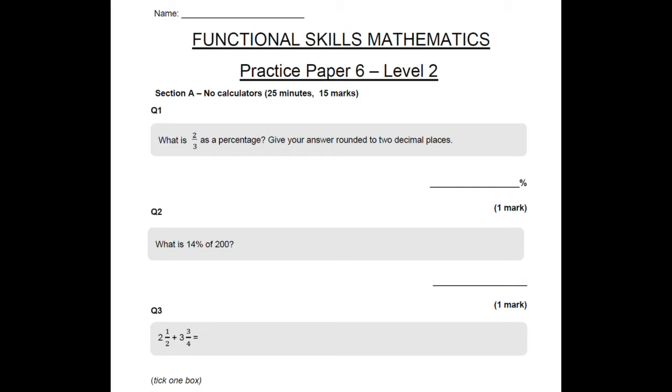Let's start with question 1. What is 2/3 as a percentage? Give your answer rounded to 2 decimal places. So you may remember from the classroom that 1/3 is 0.3 recurring. So 2/3, if you can remember it, is 0.6 recurring. 0.6 recurring means